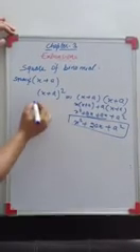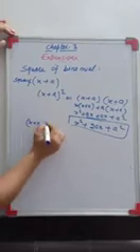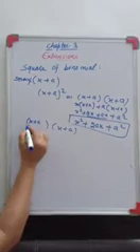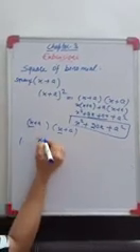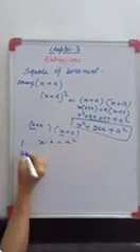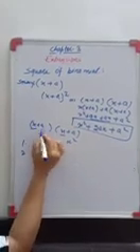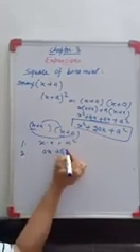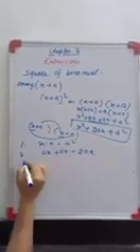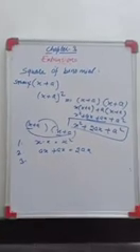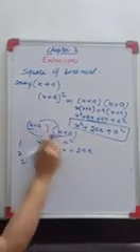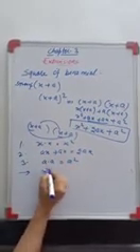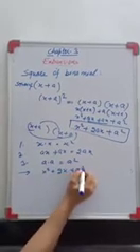First step is what? X plus a into x plus a. In first step what you will take? That multiply the first term. So it will be x into x, x square. Second term is what? It will be inner product and outer product. Ax plus ax, it will become 2ax, and third step was what? It was to multiply the second terms. Second term is a. So a into a will be a square. So result will be what? X square plus 2ax plus a square, right?